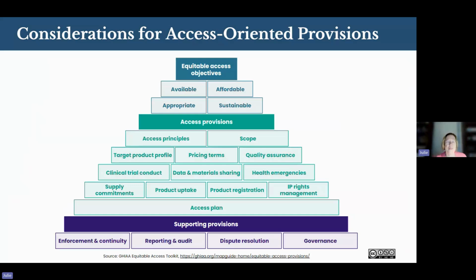Hopefully some of you have seen this before, and some of you might have actually gone through and looked at some of the blocks here and what lies below them. We developed the equitable access pyramid as a way of thinking through agreement provisions at different levels of depth. These blocks are the considerations that any group that wants to achieve access through the development of that product should